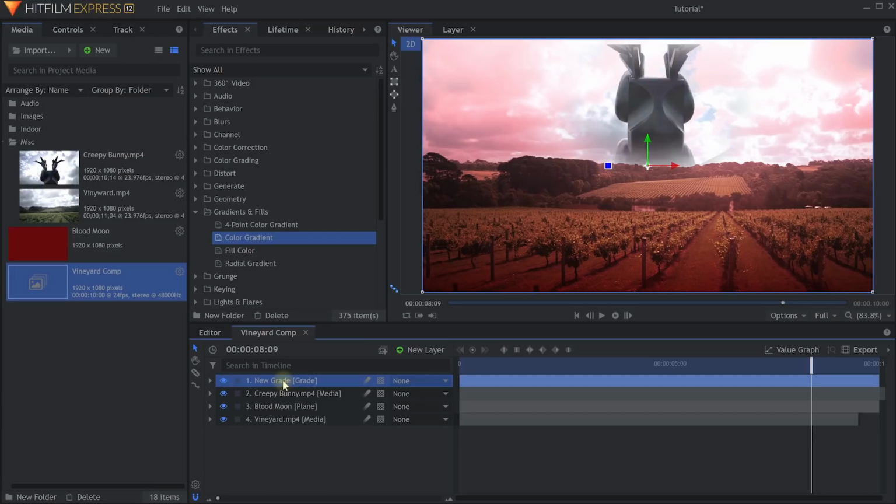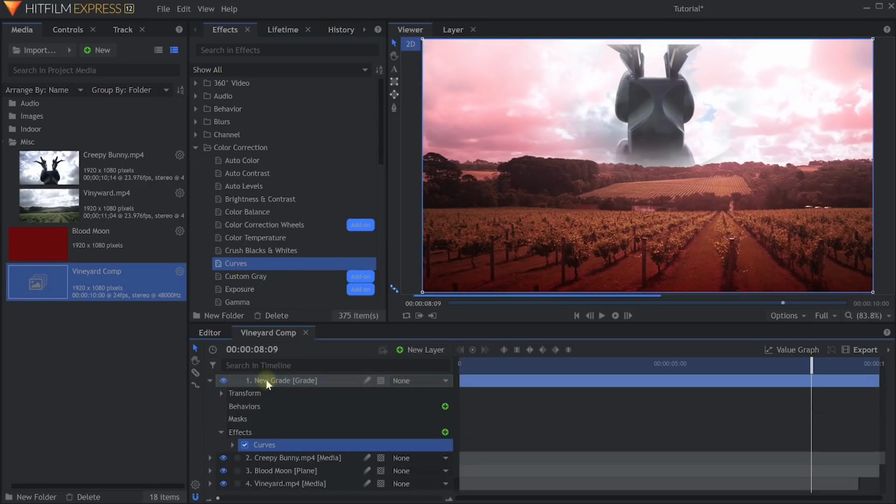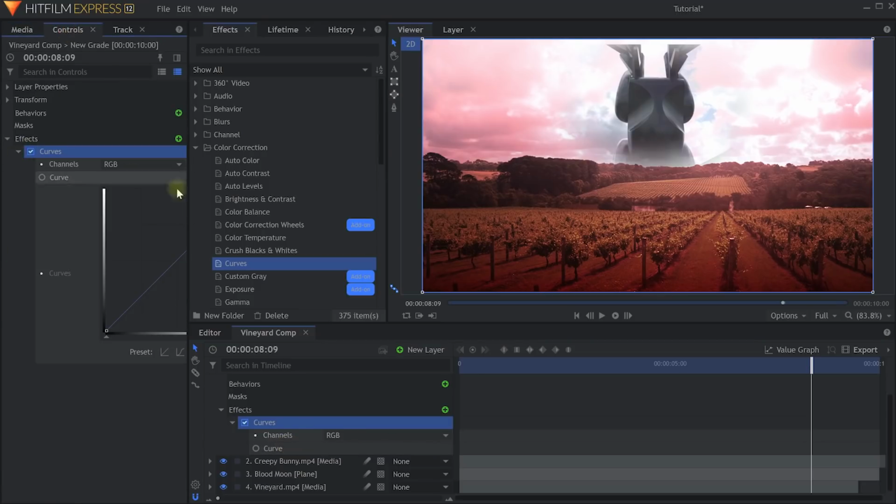So I always like to apply some color grading or color correction to all of the layers. So grade layer at the very top. Let's come into maybe color correction, and in here you will find a curves effect, which again is free with the Express version. Let's drag and drop that onto the grade layer. Now you could try to open the settings down here in the layer window for your composite shot, but you have limited options here. I prefer go to your controls, expand the curves in here, and you actually get to